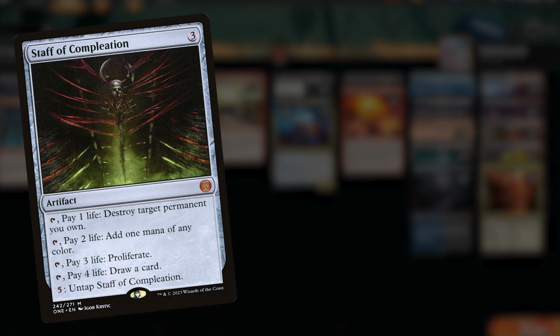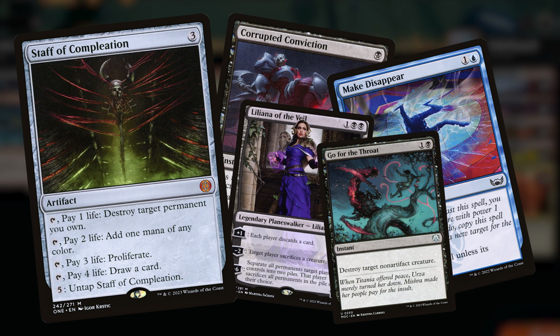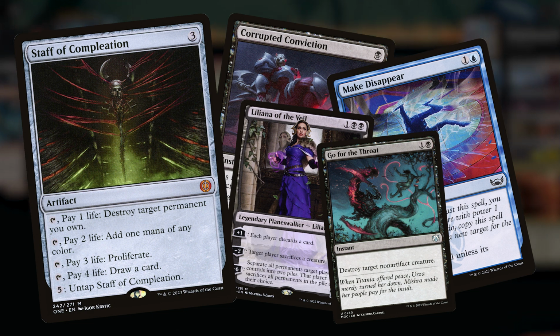Well, I've got plenty of ways to do that. We're going to use Staff of Completion, Liliana, Go for the Throat, Make Disappear, and Corrupted Conviction. All great in their own way, all do amazing things other than just sacrifice our creature, but I just want to mention the staff. It literally does everything you want in this deck, especially if you aren't concerned with your